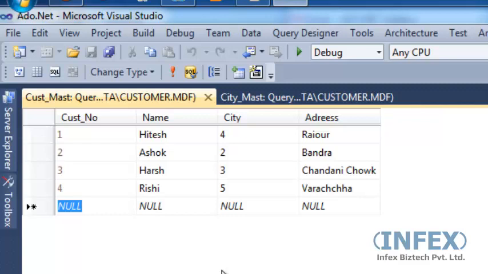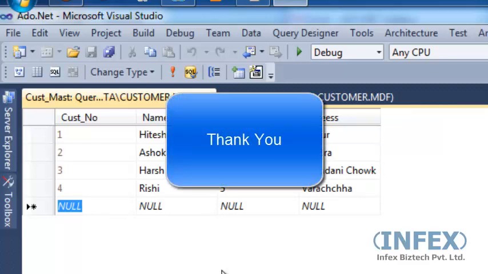The most important thing to consider is the foreign key relationship. When we are entering data in tables, we must first enter the data in the primary key table. After that, we can enter data in foreign key tables. So the relationship doesn't get violated. So this is about how to enter the data in tables.